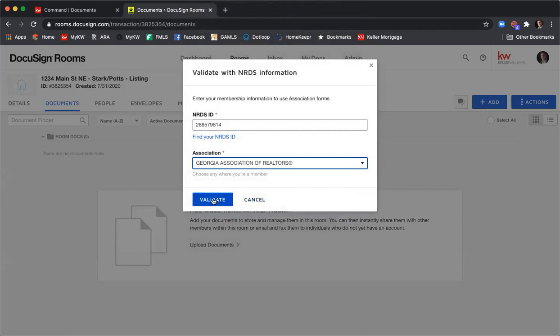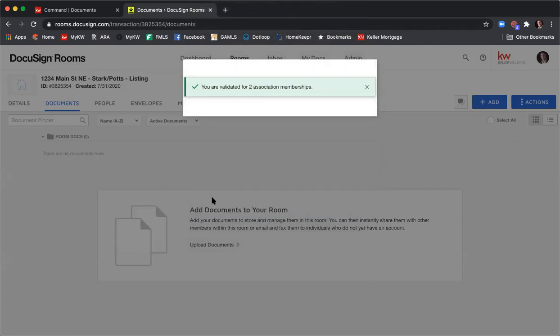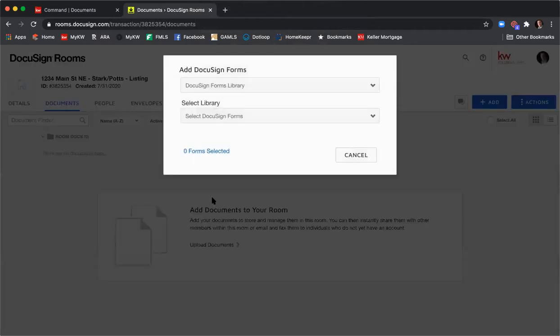And then once you've done that, click validate. It'll now sync and check those agreements. And now I have access to those DocuSign forms. Now, if it's your very, very first time confirming your NRDS ID, you'll have another pop-up window saying that you